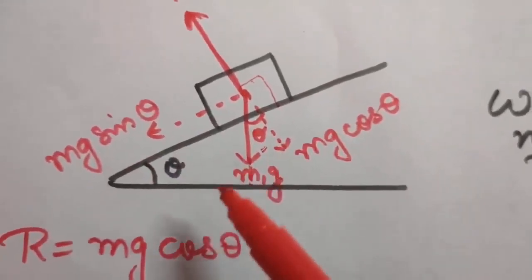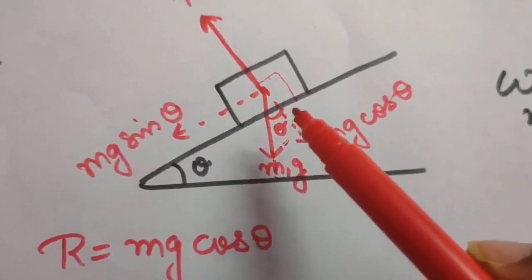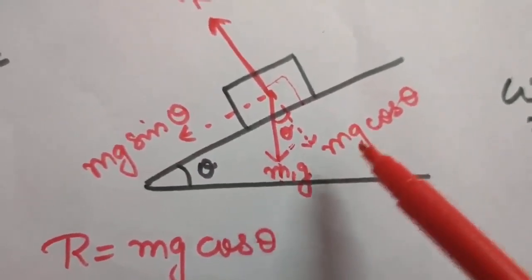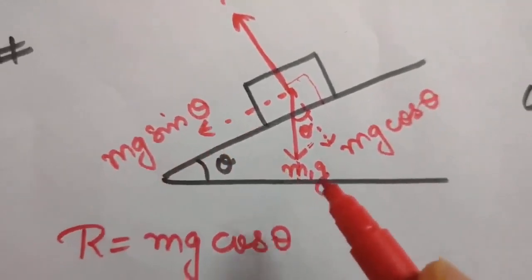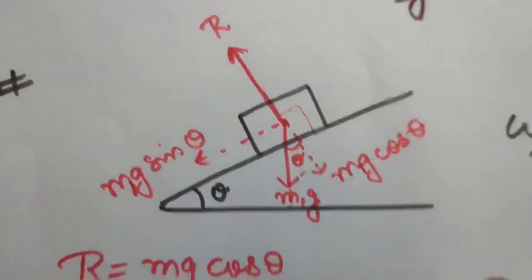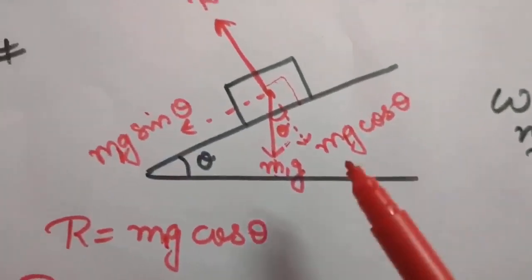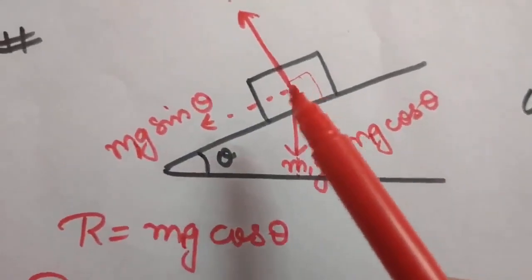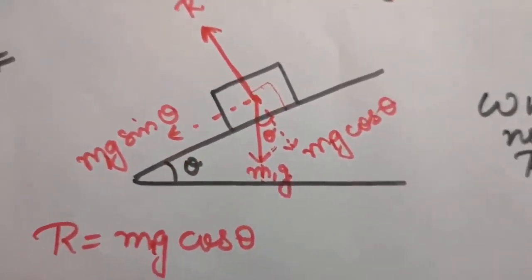So now I have just drawn two lines like this and this. Now if I resolve this m1g, as you know, the direction with theta is for cos theta. So this will be m1g cos theta, and this will be mg sin theta. You can take it m or m1, so I am taking it m1. So this will be m1g cos theta, and this will be m1g sin theta. Now you can tell what will be the reaction.